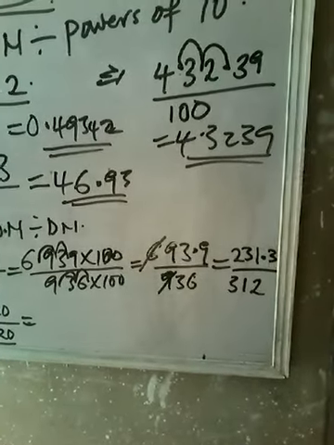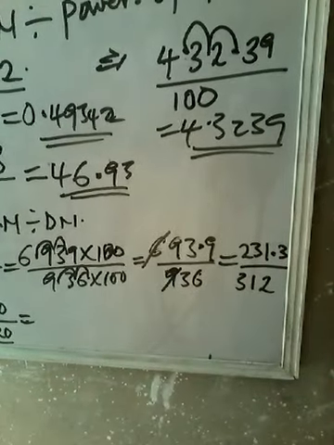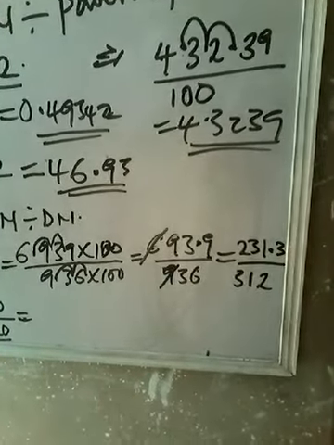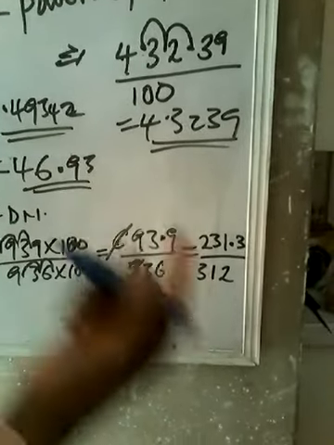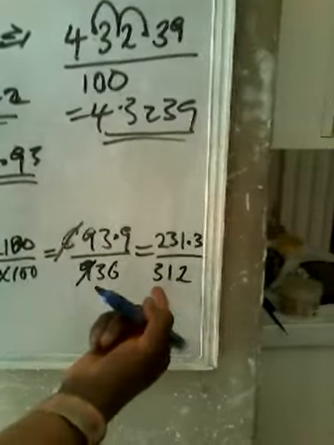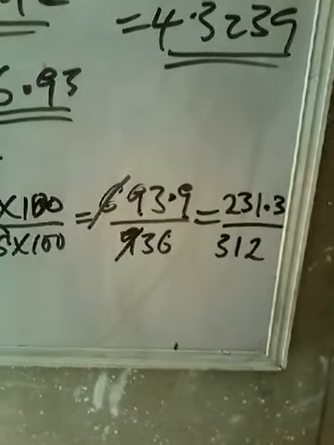Look at it again. What test of factor can you use here? You can still use 3. 2 plus 3 will give you 5. 5 plus 1 is 6. And 6 plus 1 is 9. And 9 can be divided by 3. And then when you add this all together, 3 plus 1 plus 2 will give you 6. And then 6 can be divided by 3.